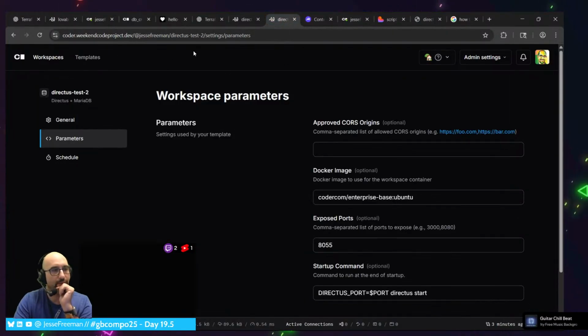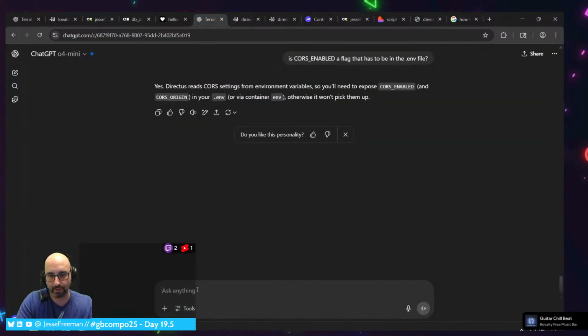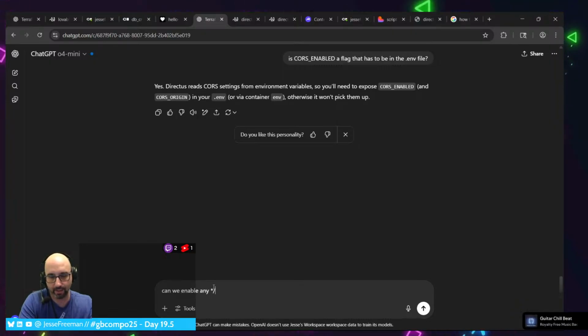Ooh, you know what we could do? I think by default we can give it a wildcard. We enable any weekend code project.dev projects in the core as the default value.